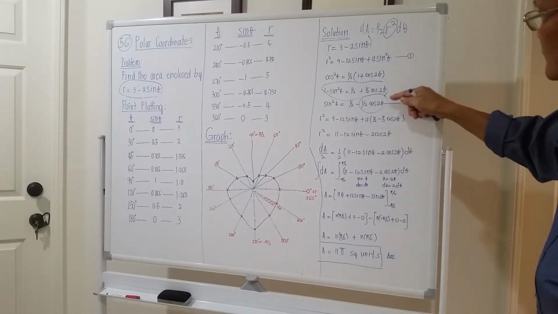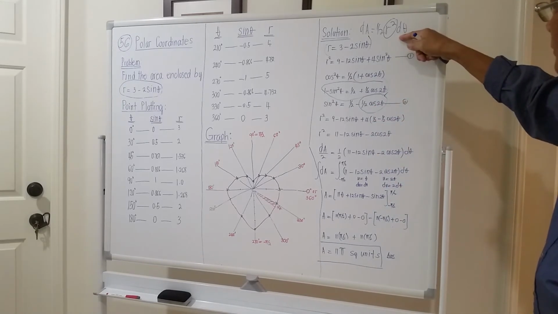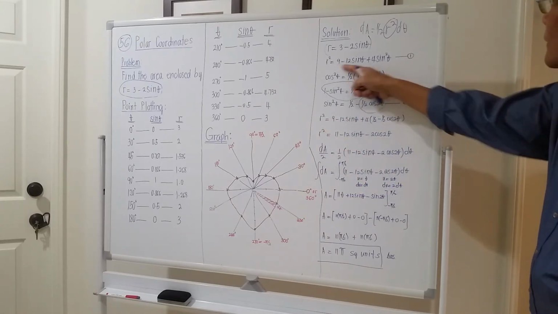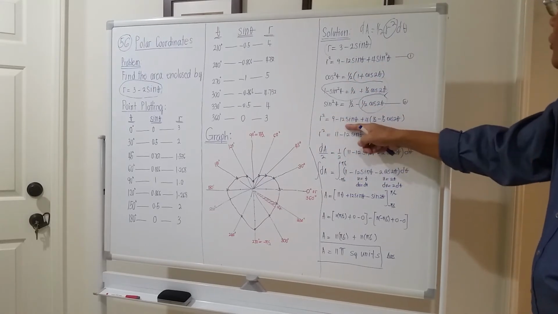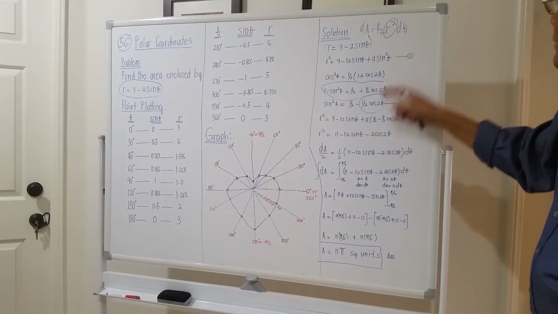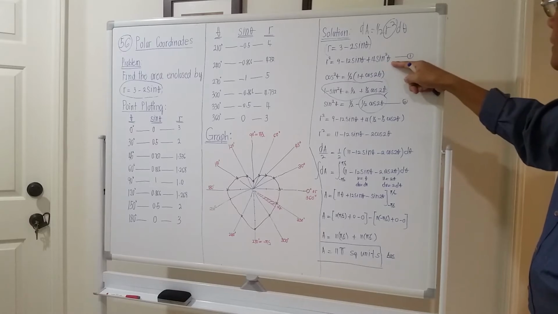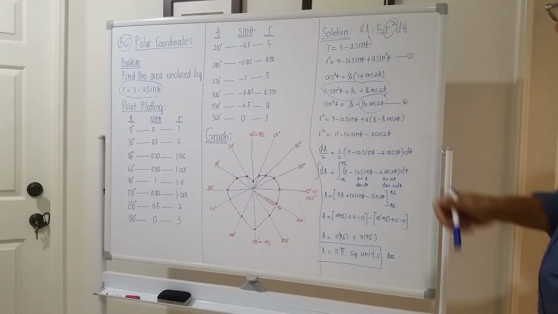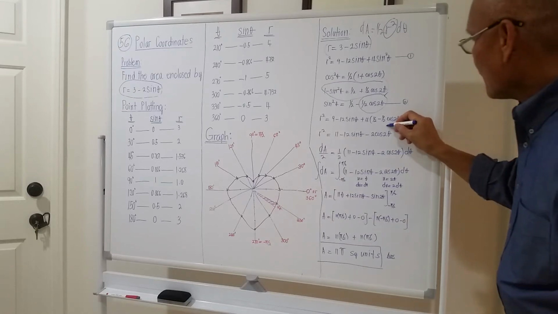So we will take this value here, we place it in equation number 1. Therefore, r squared now is equal to, we are following this, 9 minus 12 sine of theta plus 4 times the equivalent of sine squared of theta in terms of a double angle. This is 1/2 minus 1/2 cosine of 2 theta. And upon simplification,